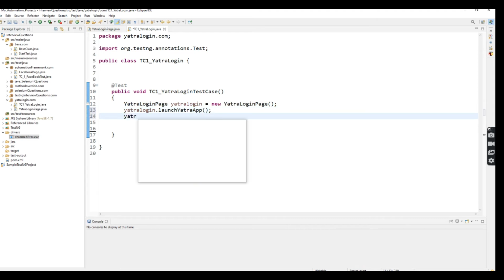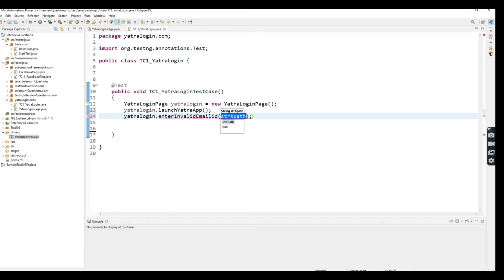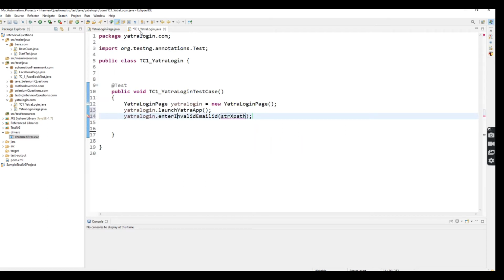The second method is Entra login dot enter invalid mail ID. Here we have to give one variable. Inside the method I'm passing a parameter, which is a string value, so I'm going to pass the XPath. I'm going to store the XPath value inside a string, public string email ID XPath.